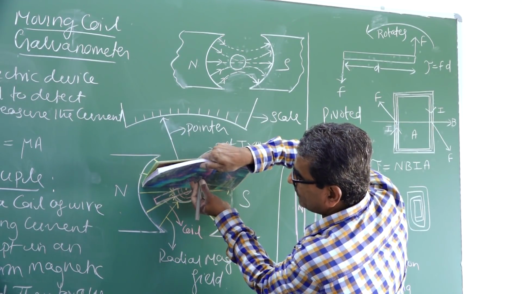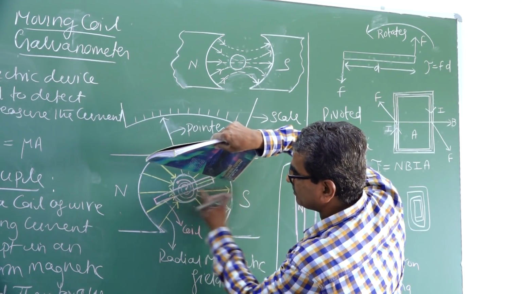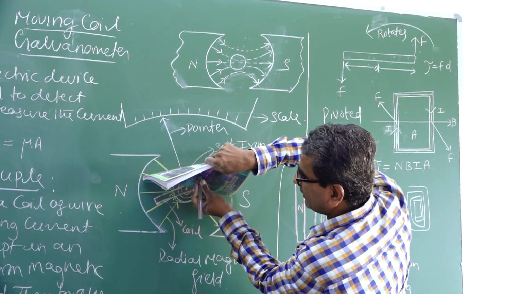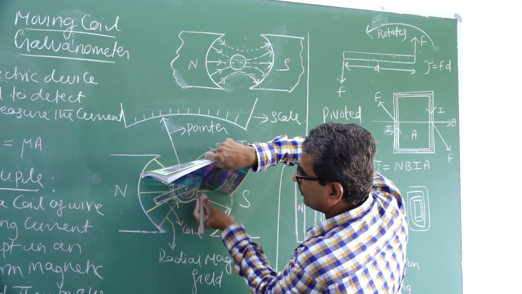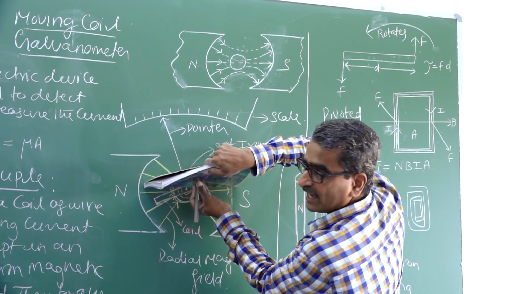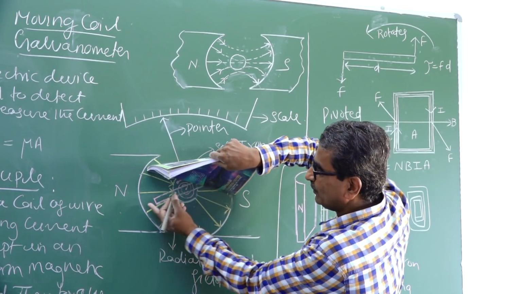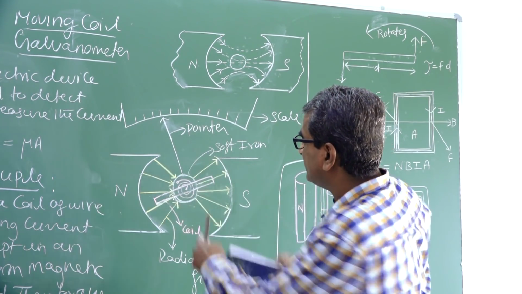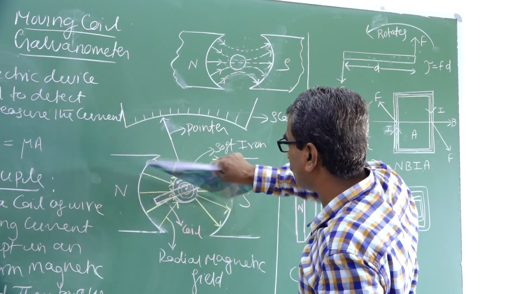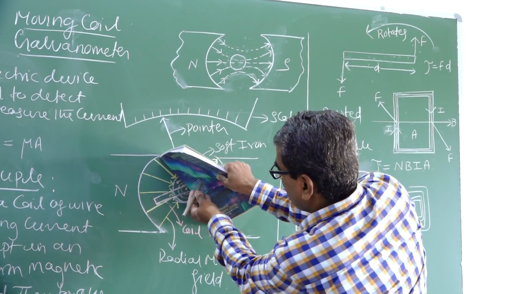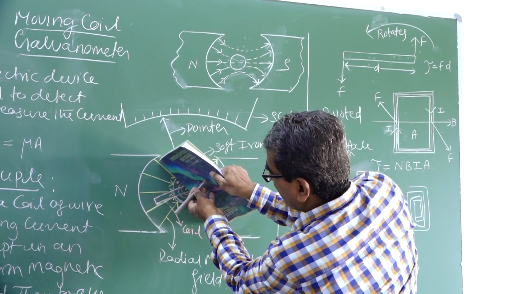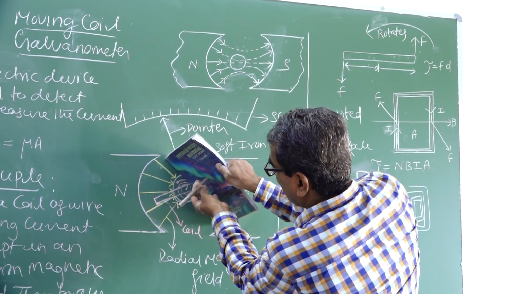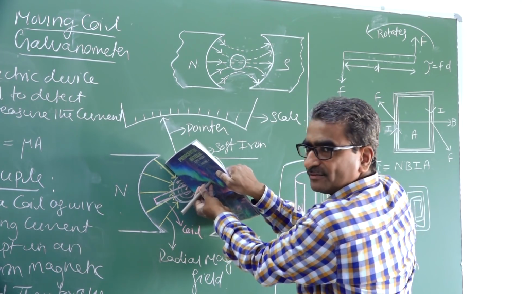What is the angle made by the area vector with this magnetic line? The magnetic line is horizontal, whereas this area vector is vertical. Therefore this area vector makes an angle of 90 degrees with this magnetic line. Similarly, consider this magnetic line. When the coil rotates like this, the area vector is like this. Once again, to this magnetic line, the area vector is found to be perpendicular.